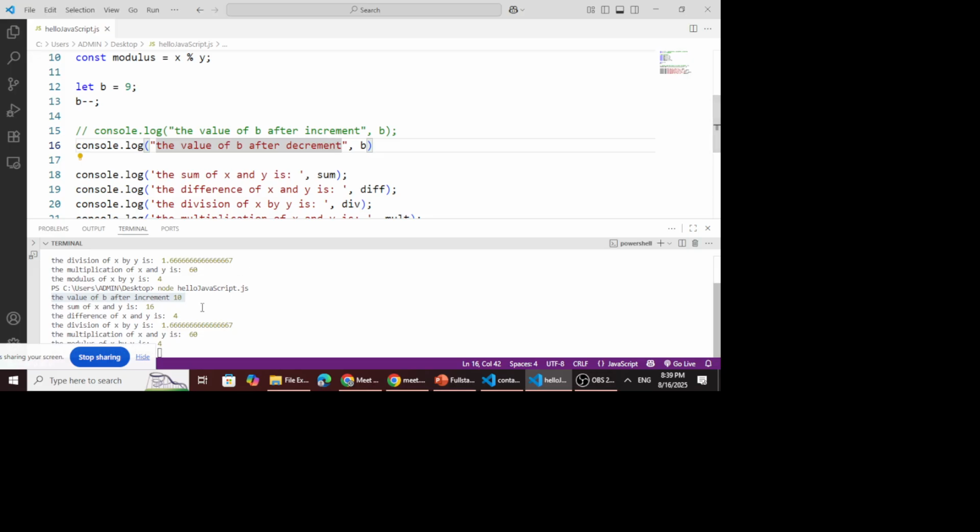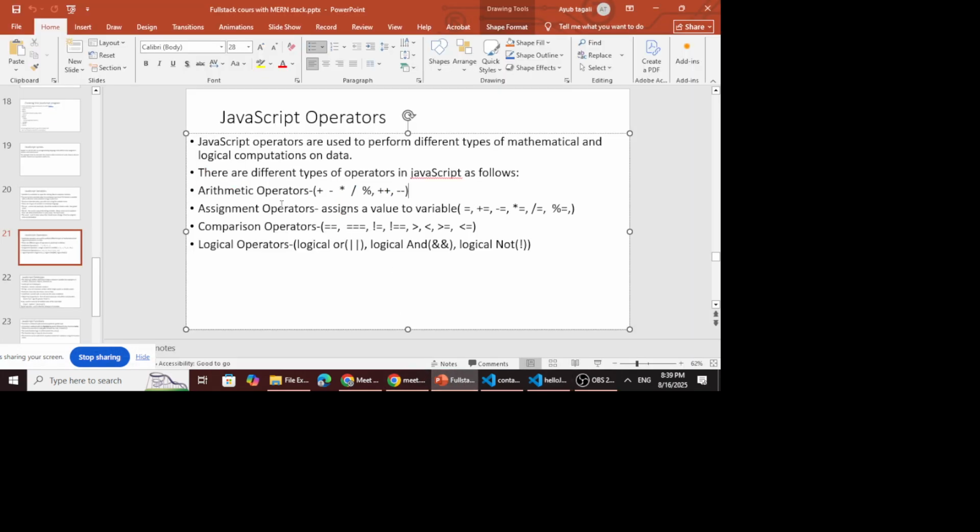When you save and run again, you can see the value of b after the decrement is now becoming 8. So initial value is 9. When we use minus minus, it will decrease this value by 1, and therefore it becomes 8 when printed out here. So guys, this is all about the arithmetic operators,